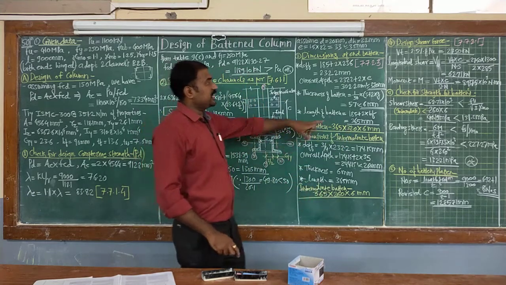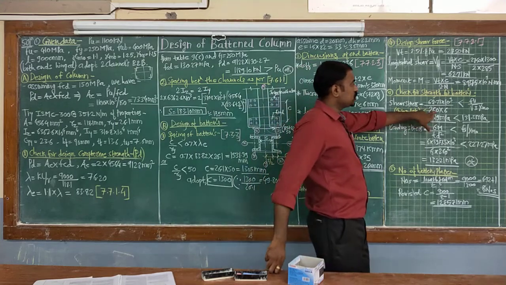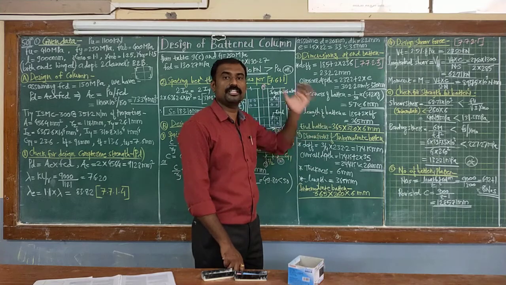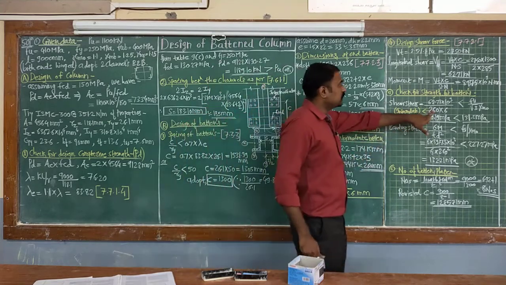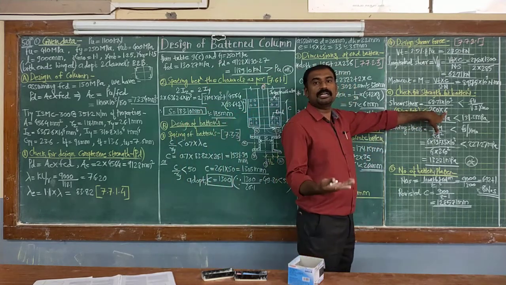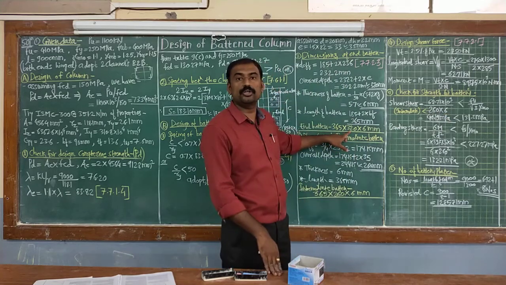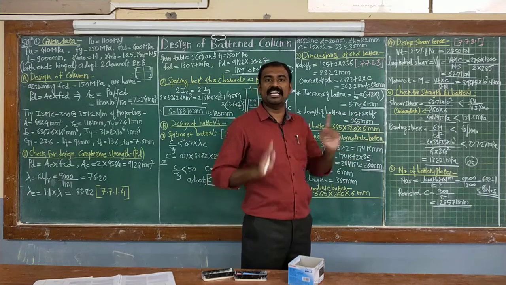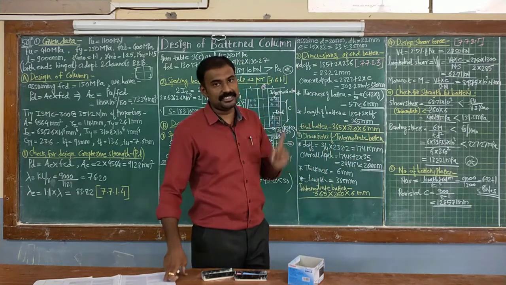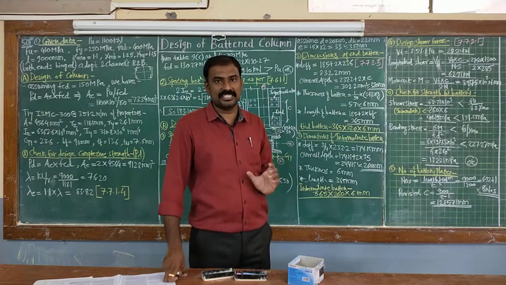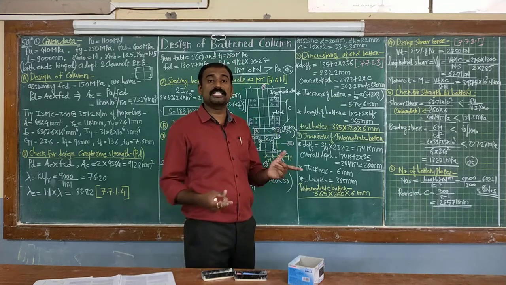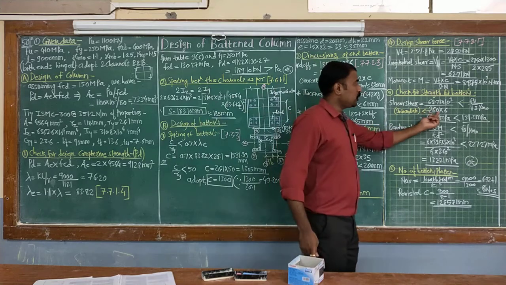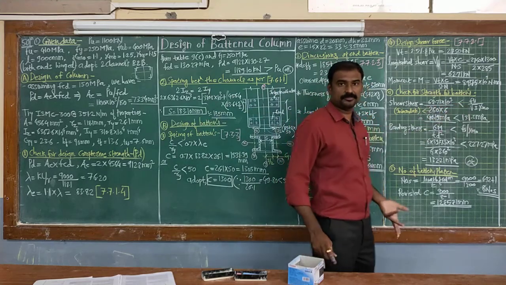As your area is in the denominator, that is 260 into 6, for the lesser value I am going to calculate the stress. If it is going to satisfy for the lesser value, that is 260 into 6, ultimately it is going to satisfy for this 320 into 6 also. So purposefully you give this particular check for intermediate battens only, as intermediate battens will be having lesser sizes. If your check is going to satisfy for the lesser one, it is going to satisfy for the higher also, as your denominator will increase and stress is going to be lesser.